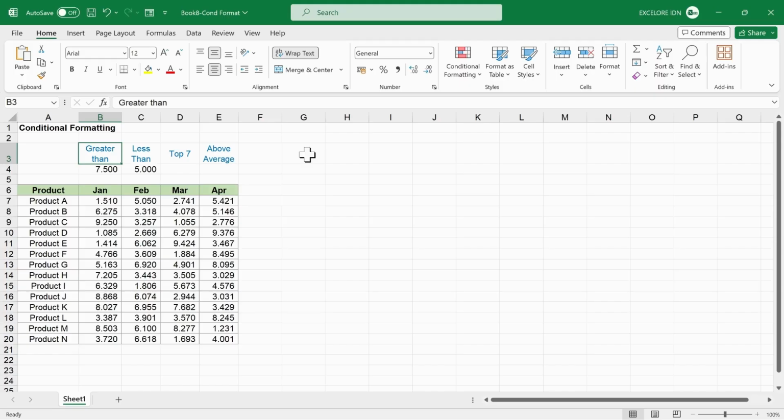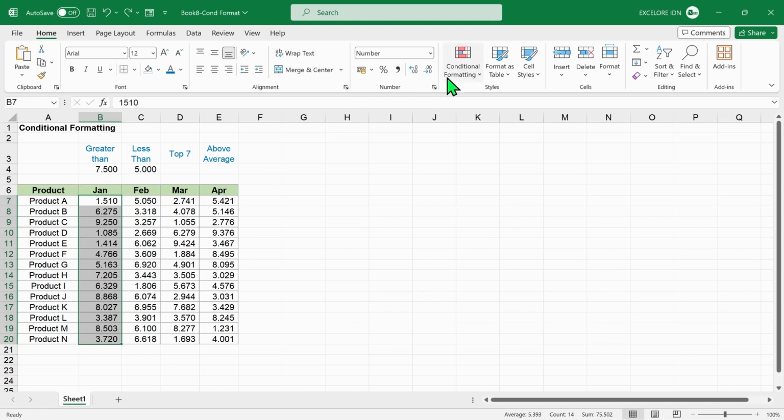Conditional formatting is an effective feature for highlighting significant data points within a range. This tutorial will provide basic insights into conditional formatting through 4 illustrative examples that will equip you to begin your data analysis journey. In the given data range example, we intend to highlight specific numbers within 4 columns using conditional formatting. Firstly, we aim to highlight sales values exceeding 7,500 in column B.